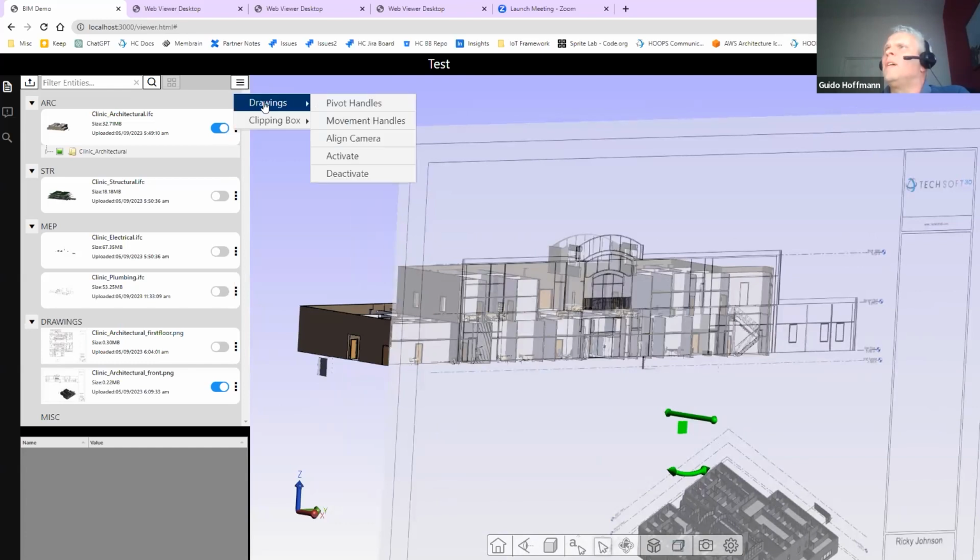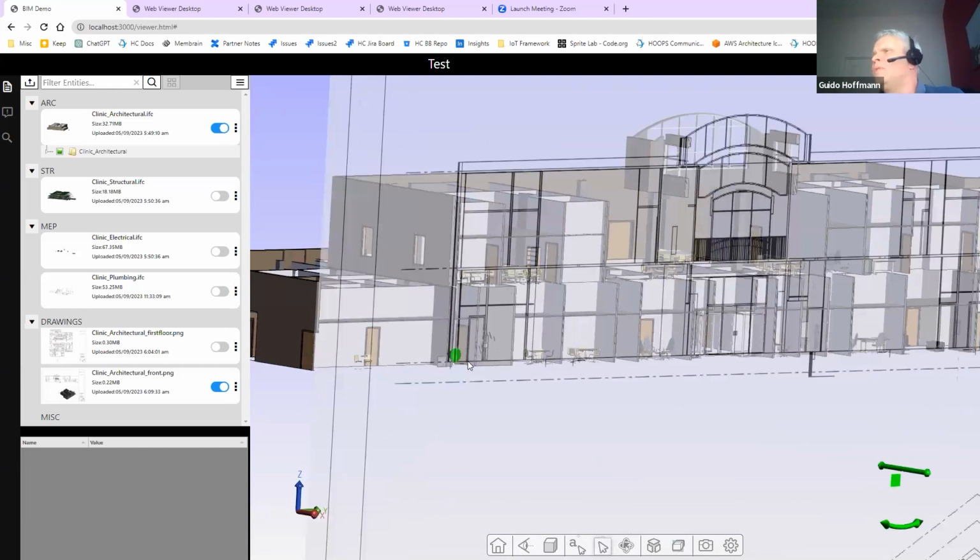Or you can add these pivot handles. And again, that's what's happening when you initially bring in a model. You have to essentially align it with the model. So you would set these pivot handles here, and then